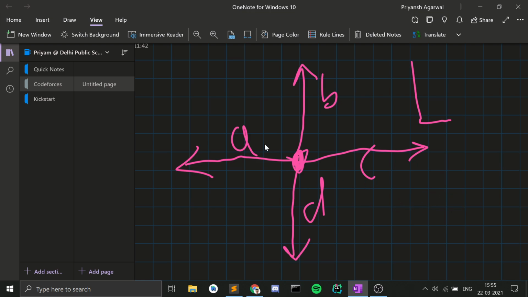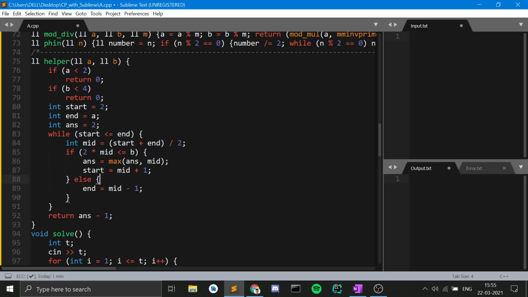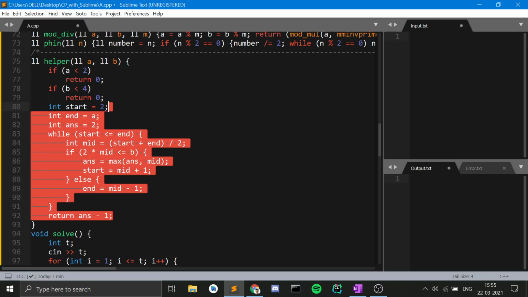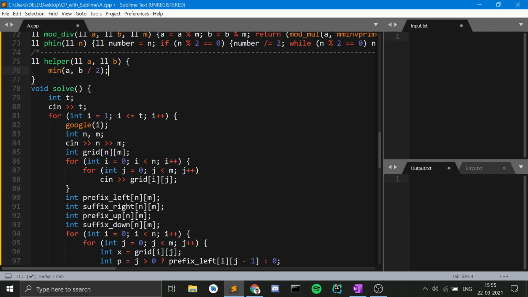Now in the contest, I had used a binary search here to calculate that value, which I had explained earlier. But you can do it in constant time using this formula, minimum of x comma y by 2. And I can show you my code for this problem. So I hope I have it in Sublime here. Yeah, this was the part where I was doing that binary search, but this is not required. So instead of this, I can simply return minimum of a comma b by 2, assuming that a is the smaller side, right? This we have to return here.